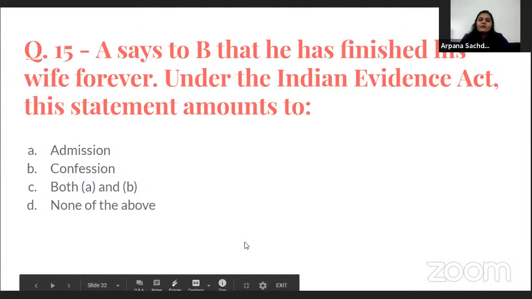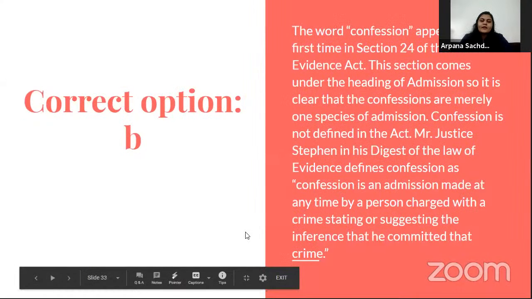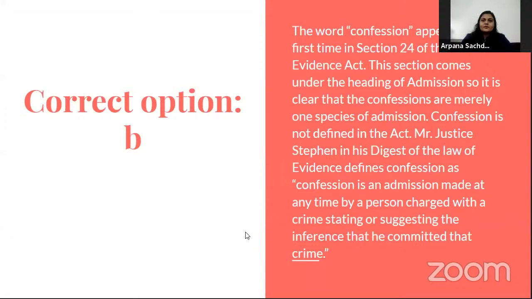Okay, the time is up for question number 15. So the correct option is option B, that is confession. The confession first came in section 24, as we have already seen in our previous question. But this word confession is not defined in the Indian Evidence Act. So if we want to see the meaning of confession, we have to see